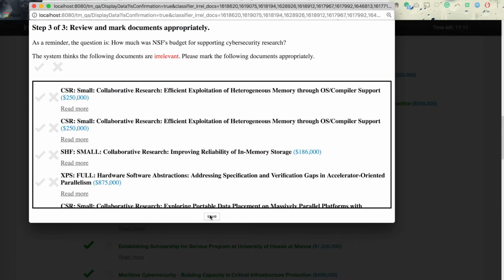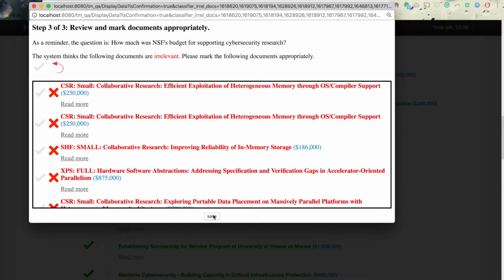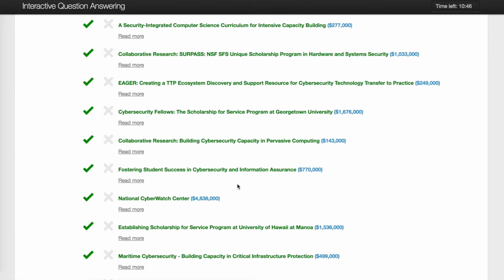Finally, in Step 3, you see 10 grants. The system thinks these grants are irrelevant. Again, please confirm or correct these predictions. You can select all of them as irrelevant to save time. Once you are done with Step 3 and have saved, the pop-up will disappear and you can keep marking grants